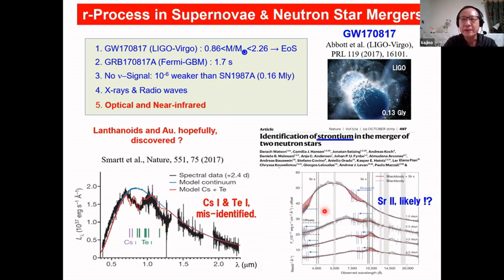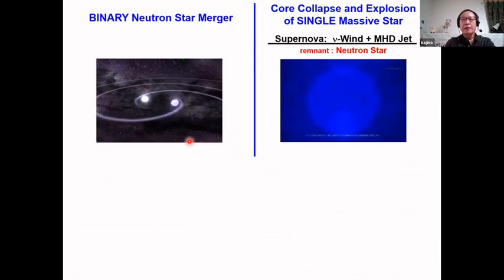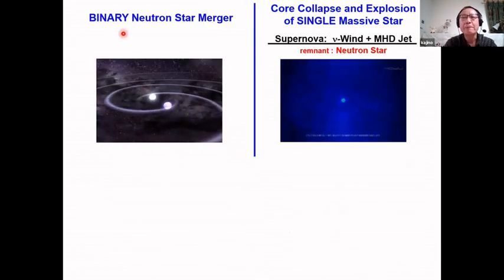But instead, 2 years ago, they proposed that first-ionized strontium may have been detected. This is indirect information, but it is enough for us to assume that some heavy nuclei, hopefully the lanthanoids, were created in neutron star mergers. Having this, now we will discuss a possible r-process in binary neutron stars.